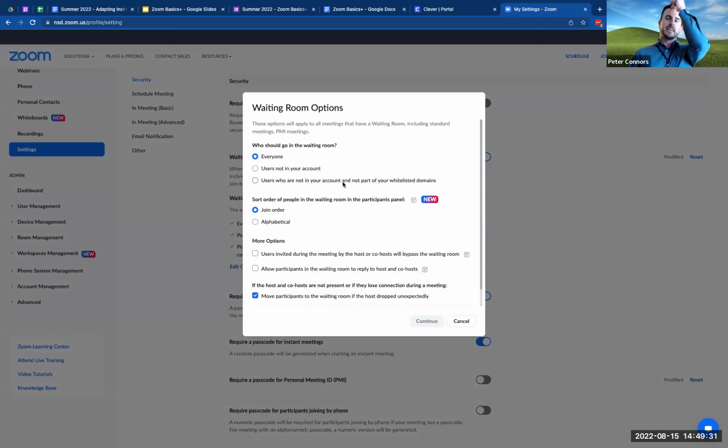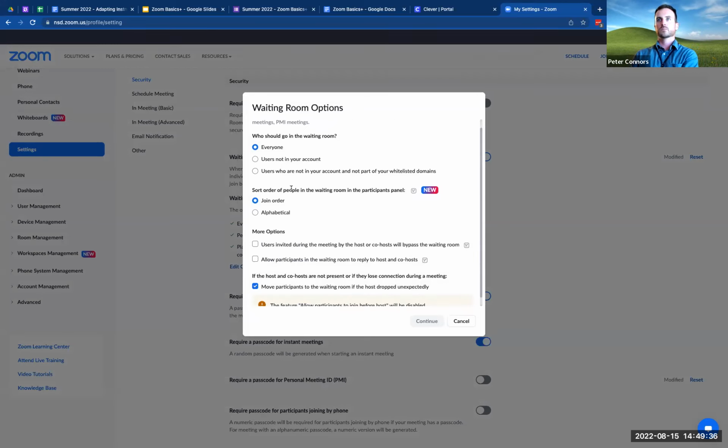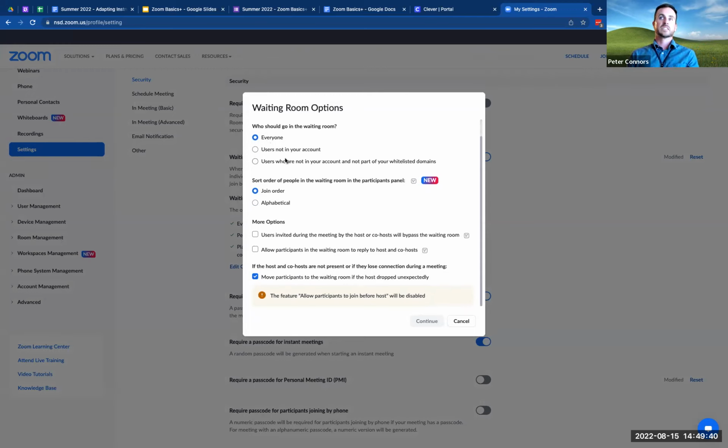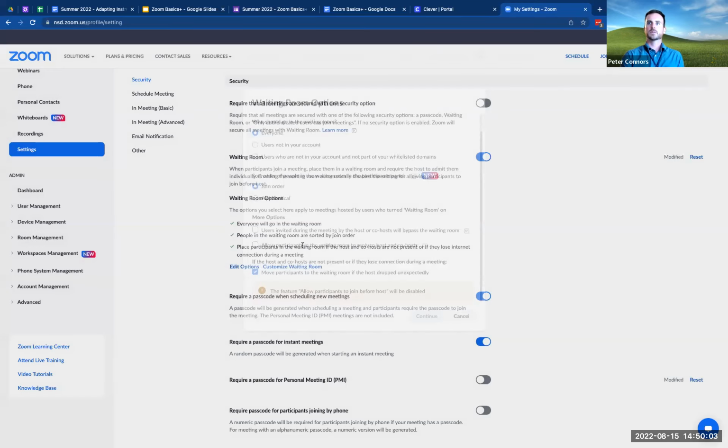You can see here in this edit options, this gives you some control over your waiting room. So who should go into it? This is kind of a nice nuance here where you could say, if they're not logged in, put them into the waiting room. And that maybe gives you a chance to then have a look and say, oh, okay, well, that person's name is recognizable. So I think that's maybe the person I'm waiting for, but otherwise they could just come right in. So that's in those options.